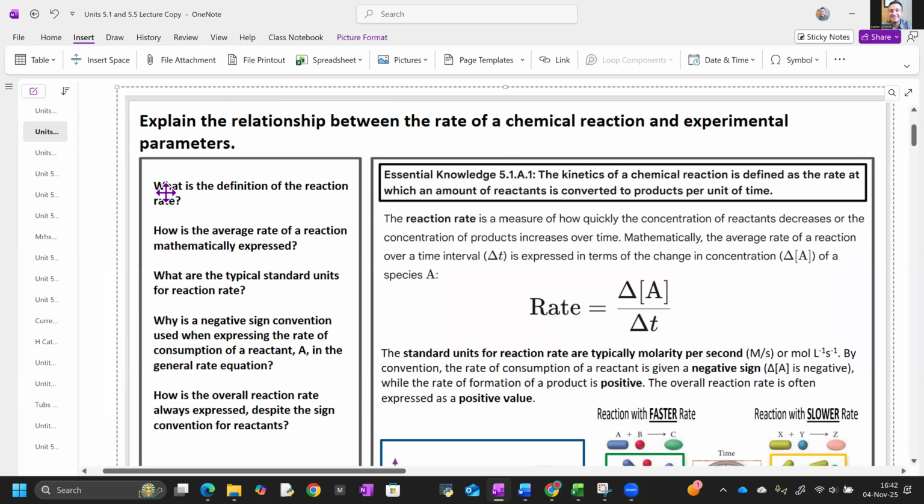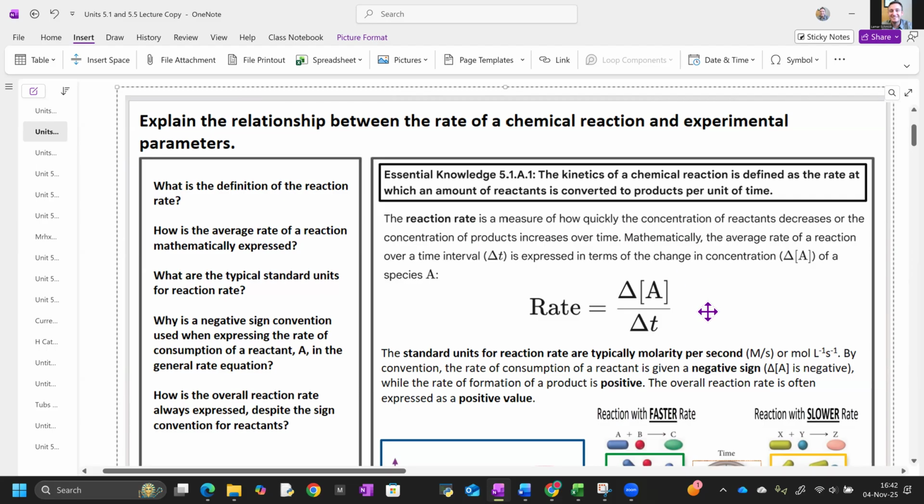And we're looking at this first section. And what we're going to do there is we are going to define chemical kinetics. The kinetics of a chemical reaction is defined as the rate at which the amount of reactants is converted to products per unit of time. And so here we're looking at the reaction rate as a measure of how quickly the concentration